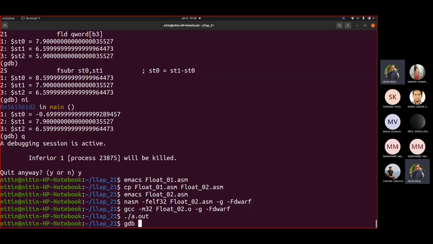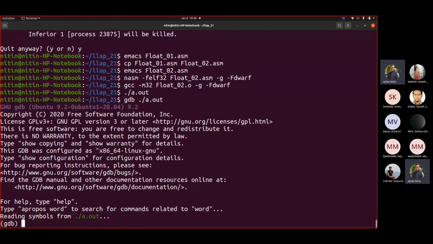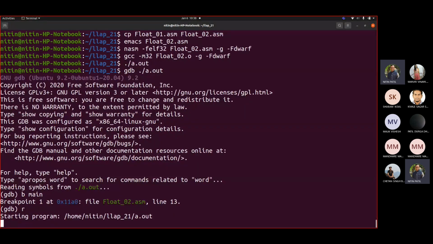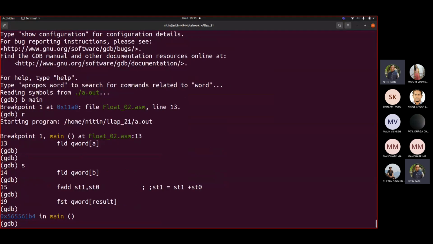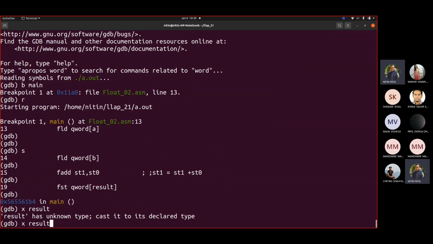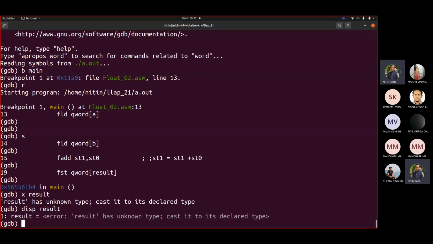Even if I debug, I would not have any information. So breakpoint main, run, step. If I try to display result, it doesn't say anything. Again, if I try to display result, it says it doesn't know how exactly it is to be displayed.